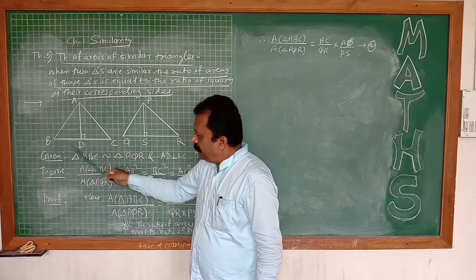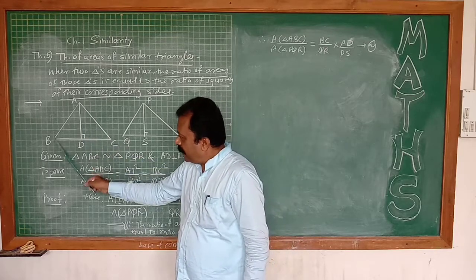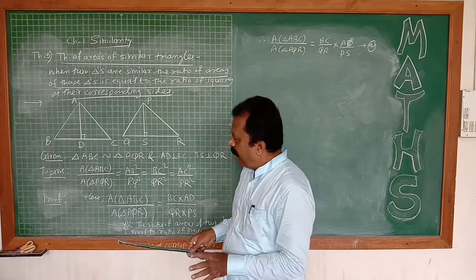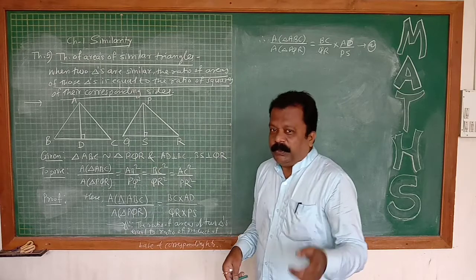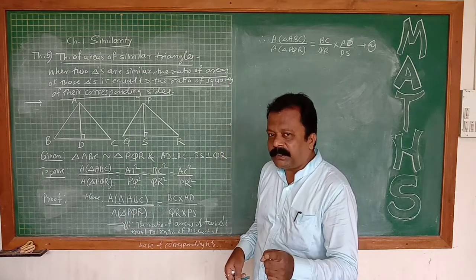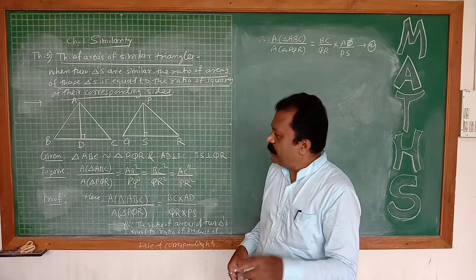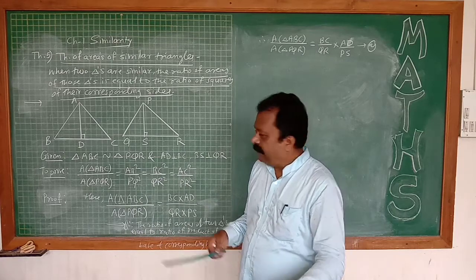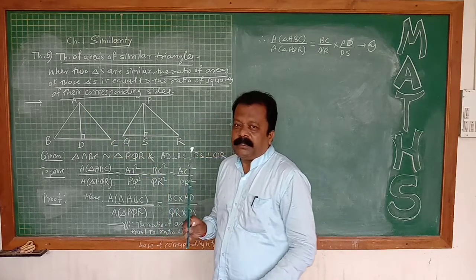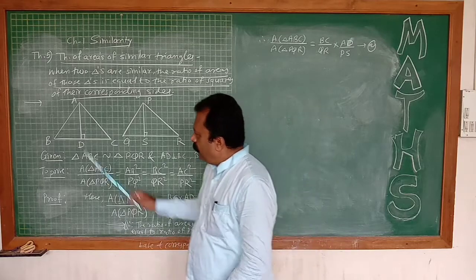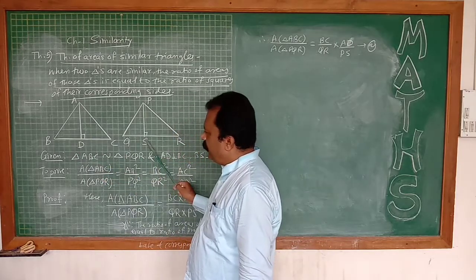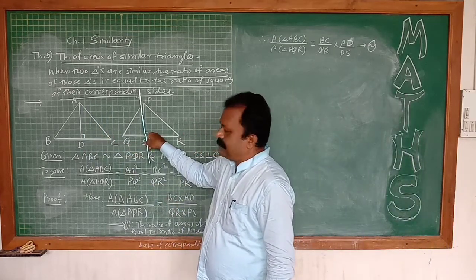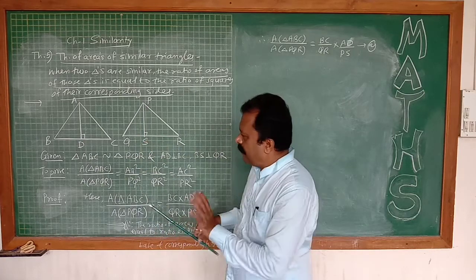AD is the height of triangle ABC, but AD is a side of triangle ABD also and triangle ACD also. So sides you have to consider. Why? Because AD upon PS means a ratio. The ratios are in the same proportion when two triangles are similar to each other. So any two left side triangles or right side triangles we have to show similar, then you will get this ratio AD and PS. Now we are taking triangle ABD and triangle PQS and you have to show that they are similar, meaning you will get corresponding sides in the same proportion. Afterwards we will decide how to solve.